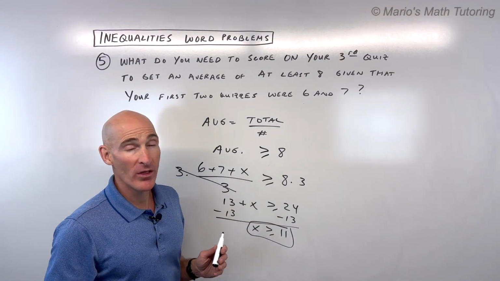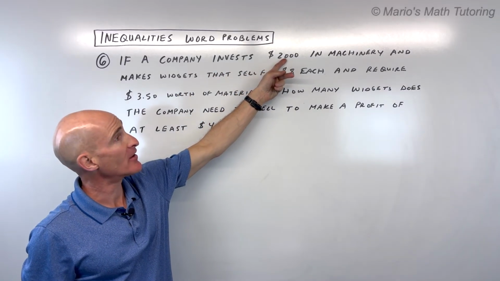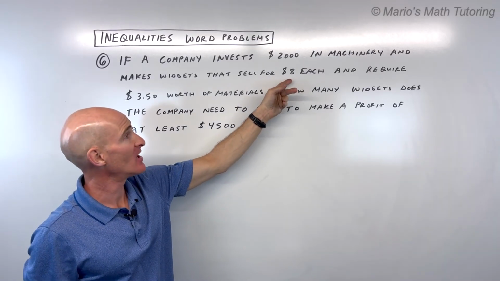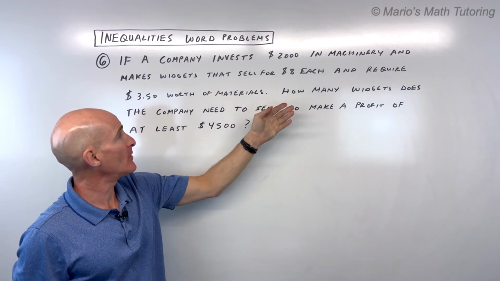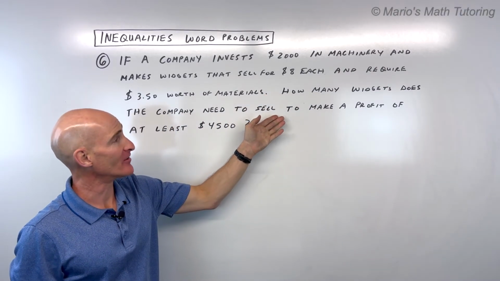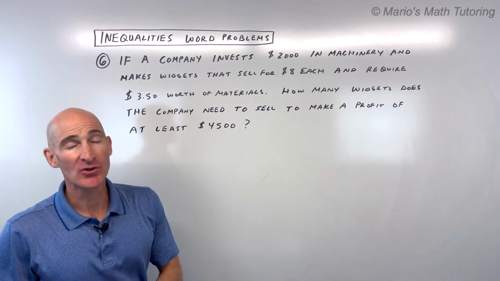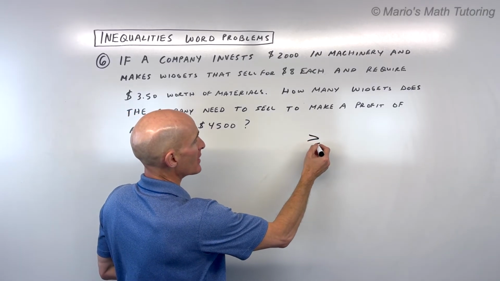So let's take a look at one last example. Okay, number 6, it says if a company invests $2,000 in machinery and makes widgets that sell for $8 each and require $3.50 worth of materials, how many widgets does the company need to sell to make a profit of at least $4,500? Okay, so now at least, remember we talked about this in a previous example, that has to be greater than or equal to